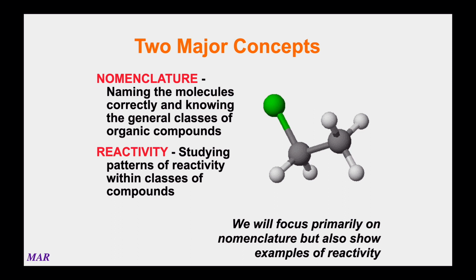The other part of organic chemistry that's big is the reactivity. Like, what do you do with the compounds once you've made them? How do you make the compounds? Stuff like that. And those are really good. So in this class, in Chem 222, we're going to focus more on the nomenclature than anything else. So I want you to know the names. So know, again, like I said earlier, that an alkane is different than an alkene, stuff like that. But I will show a couple of examples of reactivity just so you kind of get a feel for the things that are out there. And then in the real organic chemistry year-long class, you'll go into a lot more detail about how the chemicals react, how you make them, stuff like that.